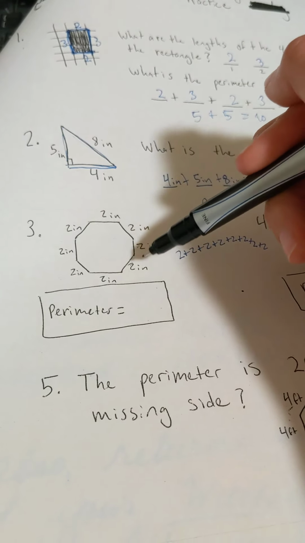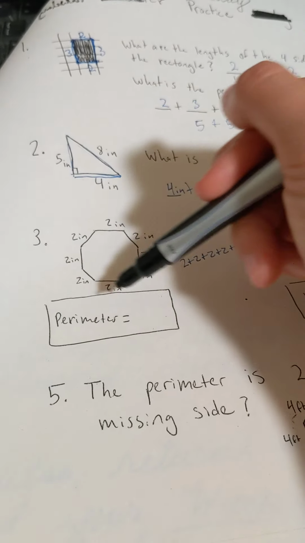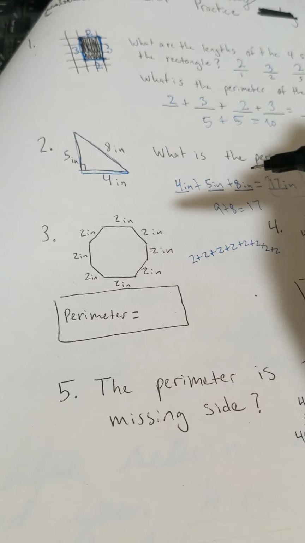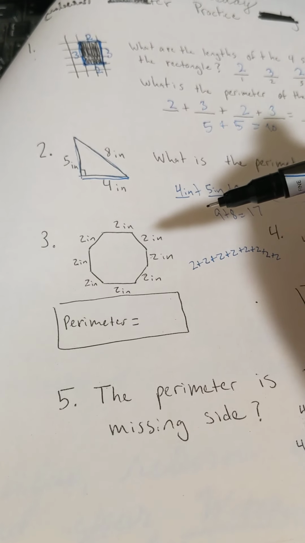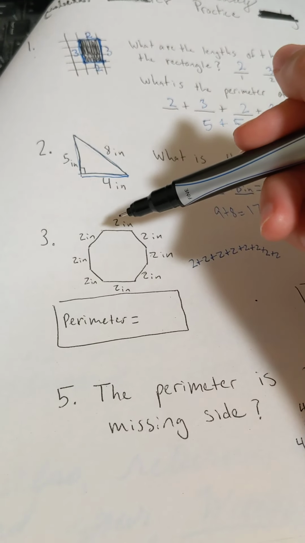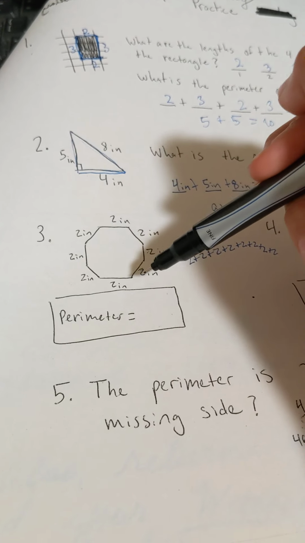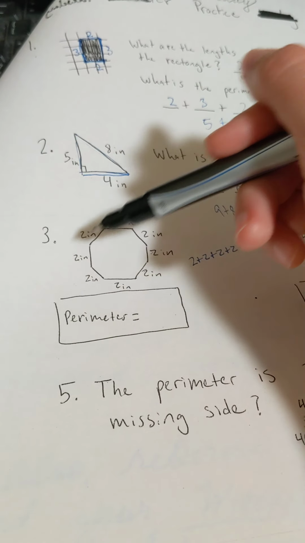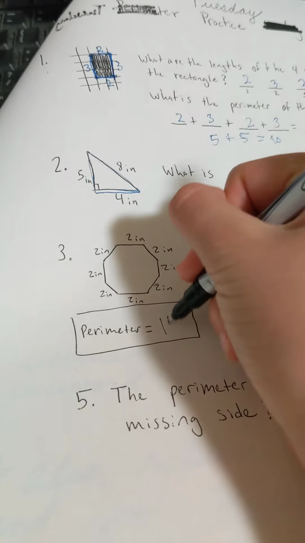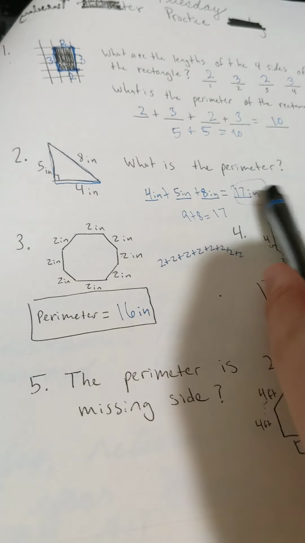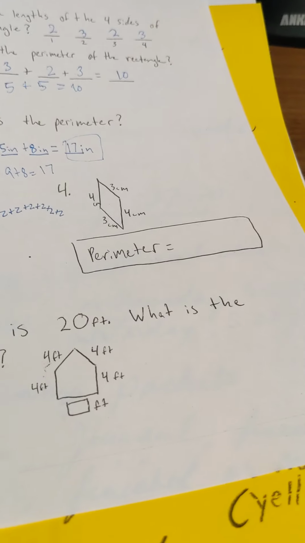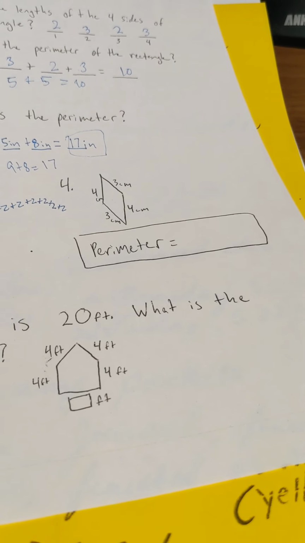2, 4, 6, 8. Pause the video and skip count this whole octagon's sides right now. All right, you should have done this. 2, 4, 6, 8, 10, 12, 14, 16, 16 inches. See how we have the IN for inches right there? All right. So our next shape